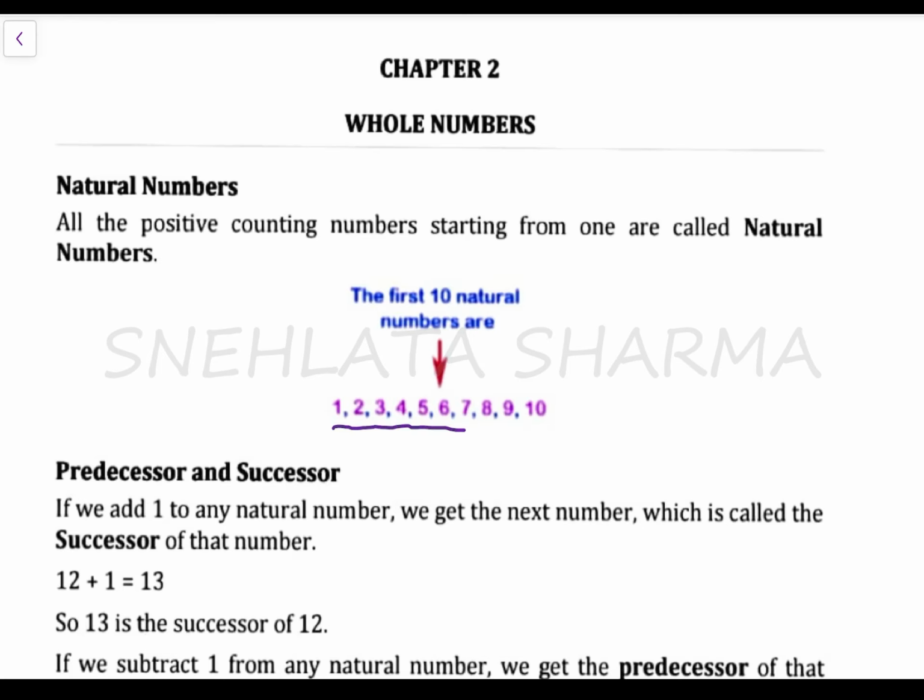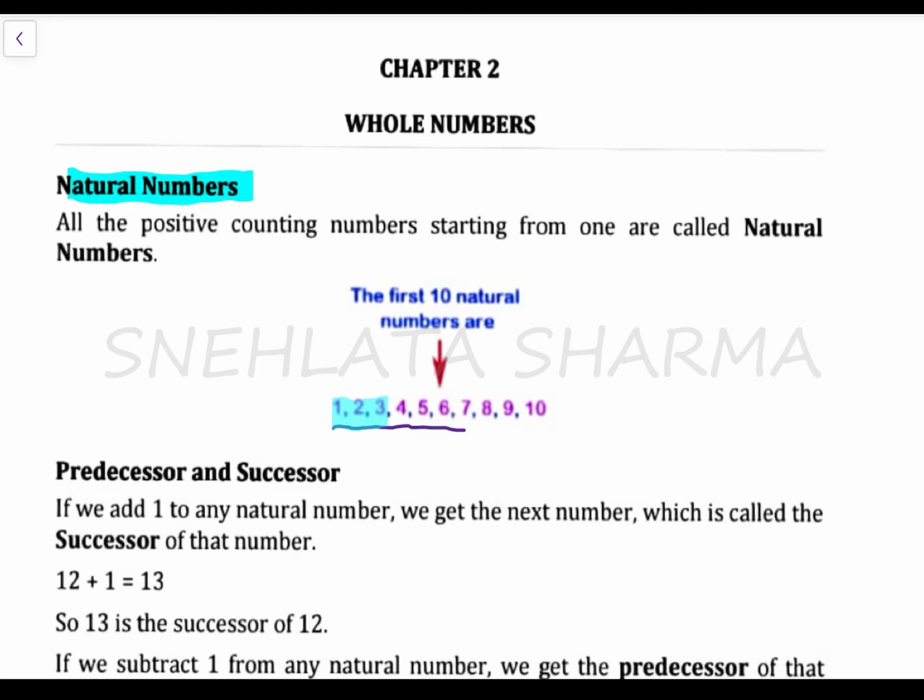आज इस वीडियो में हम सेकंड चैप्टर होल नंबर्स के बारे में डिस्कस करेंगे। कंप्लीट चैप्टर एट अ ग्लैंस, होल नंबर्स चैप्टर का पूरा रिवीजन। तो स्टार्ट करते हैं नेचुरल नंबर्स से। ऑल द पॉजिटिव काउंटिंग नंबर्स स्टार्टिंग फ्रॉम 1 आर कॉल्ड नेचुरल नंबर्स।